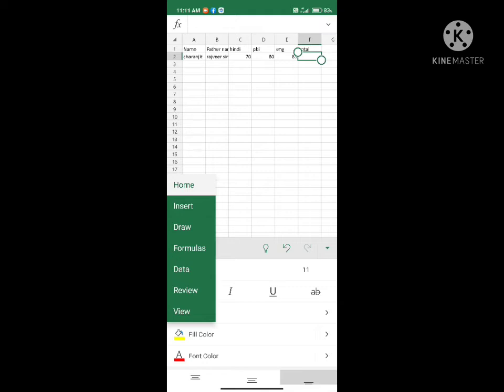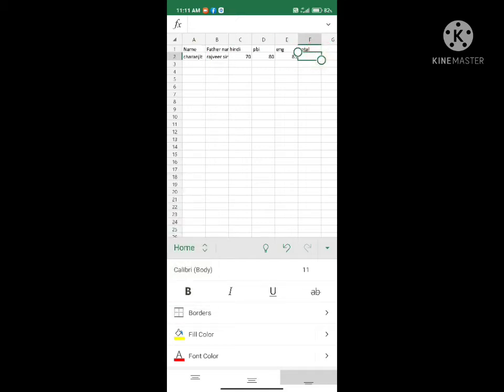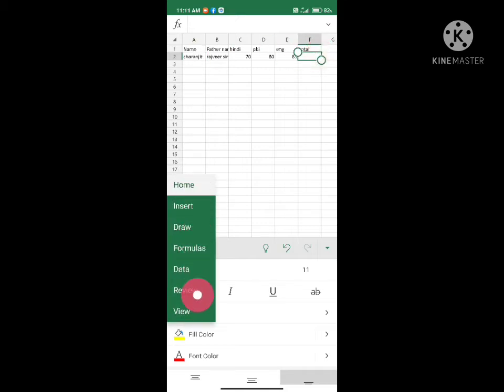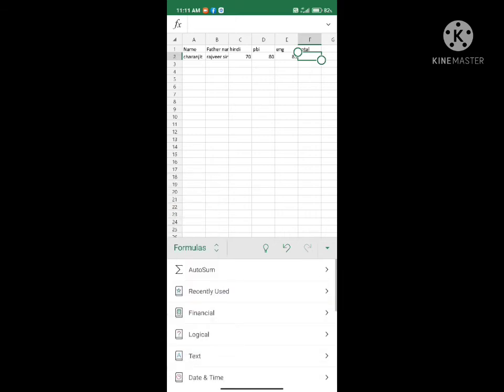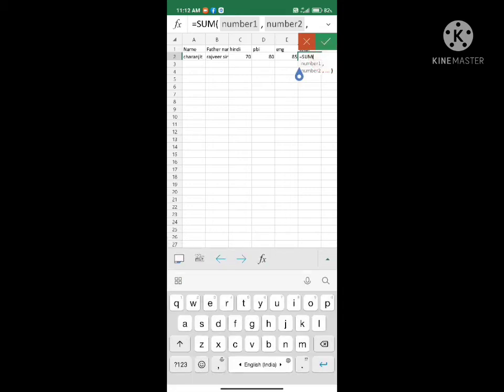See here beta, in the computer system all the tabs are on the top, but here all the tabs are here. Select the formulas. See here auto sum, select this arrow, then select the sum. See here the sum formula is there, then you have to type the range.